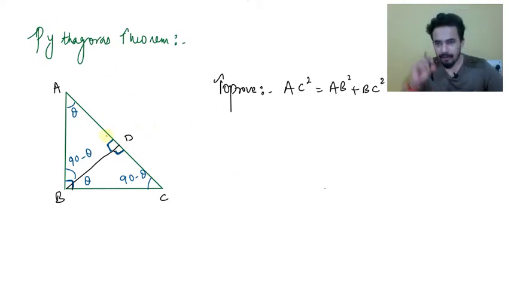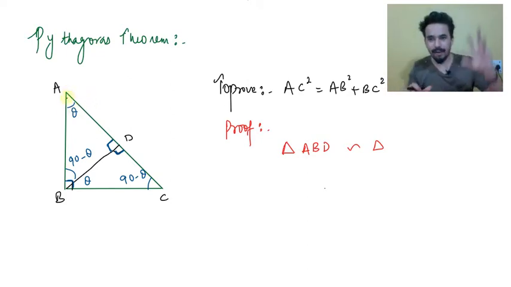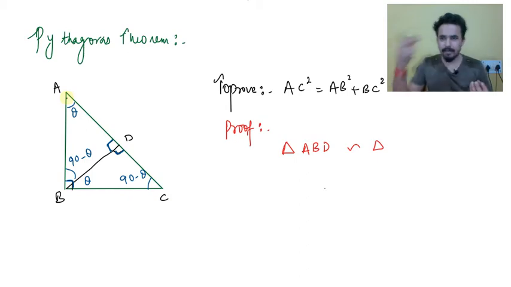Now let's try to write the order. If I take one of the smaller triangles, suppose I take triangle ABD, right? We are just starting the proof part now. If I write triangle ABD, what is the other triangle order? I'm just writing in terms of the whole triangle, the bigger triangle. Smaller triangle similar to the bigger triangle. We will be doing this twice. So A is theta. Now you can see if you take the bigger triangle, this A will repeat. So in front of A, you will be writing A.